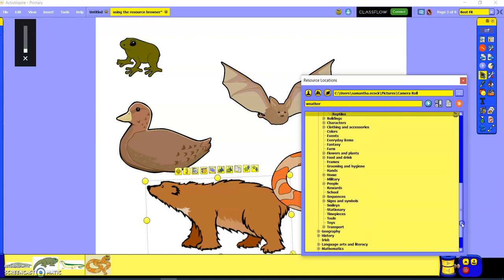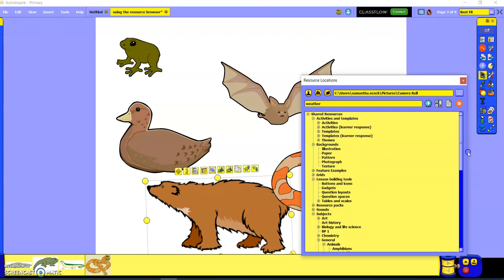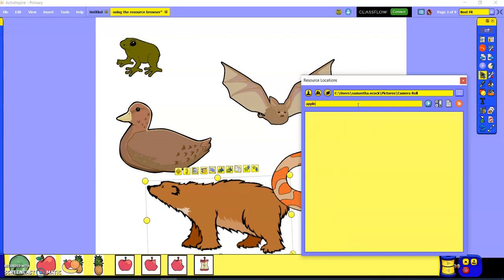One of the things that's fantastic about this file system is that at the top here we have a search bar. So by typing something in at the top, I can let the software do the searching for me. So if you do have the time, have a nosy around yourself. But if you don't, use the search bar. You see there, anything that's tagged with the word apple, including pineapple, came up down the bottom. And it is about playing around with your search word. For example, if I typed in sun,